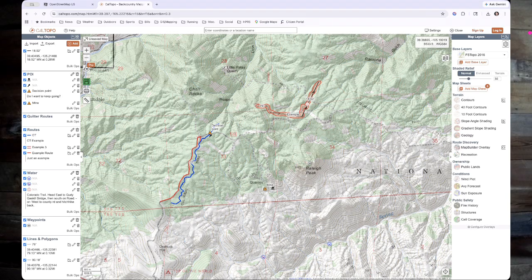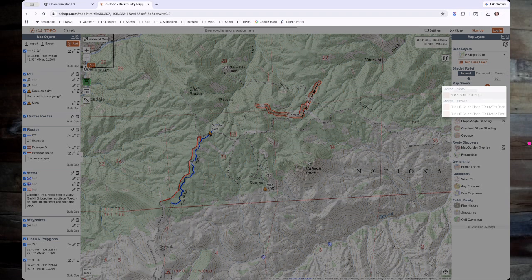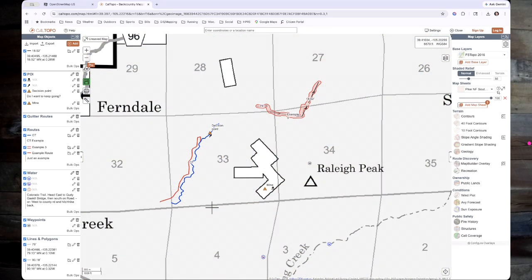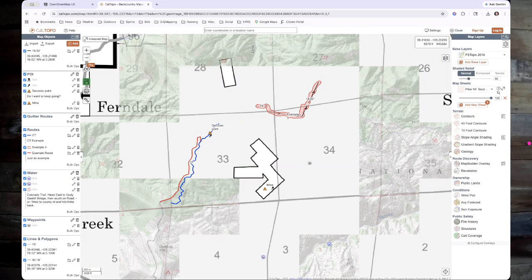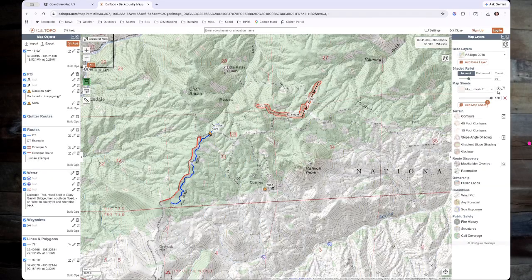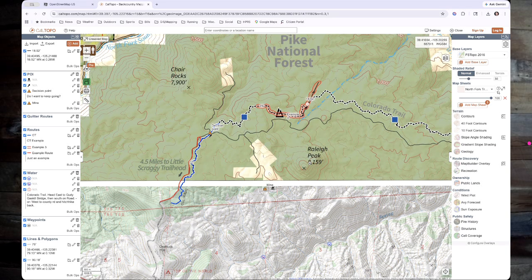The next part is printing your map. Oh, ignore map sheets on here. Just ignore this. What it's saying here is that there's 5 map sheets available. And I'll show you what happens if I click one. Pike National Forest, South Platte. Like, oh, what is that? Well, that's the motor vehicle map from the Forest Service that you can pick up at the ranger station. I don't like that. Or